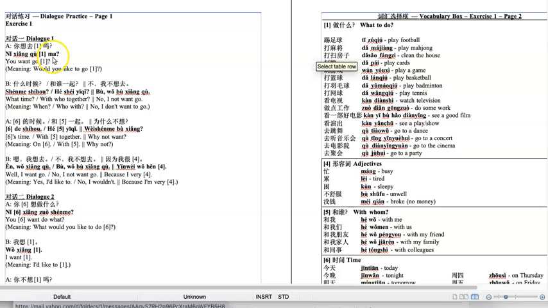ma. So basically what I do is I get this in my mind right here: Ni xiang chu something ma. Ma just means there's a question in Chinese. You always end a yes or no question with ma. Not always, but most commonly you do. All right. Ni xiang chu ti zu qiu ma. Ni xiang chu da ma jiang ma. So I'm just inserting this from the vocabulary boxes into where these numbers are.